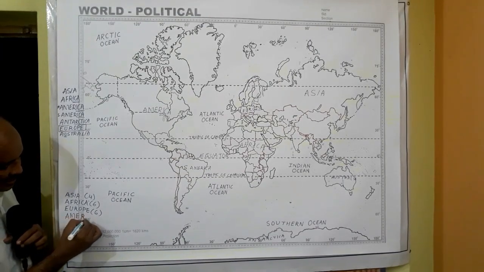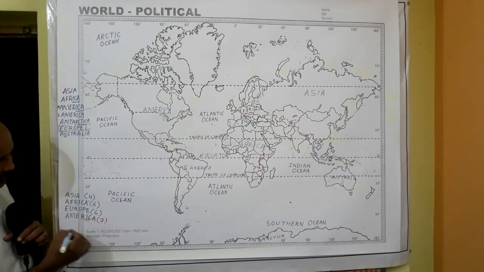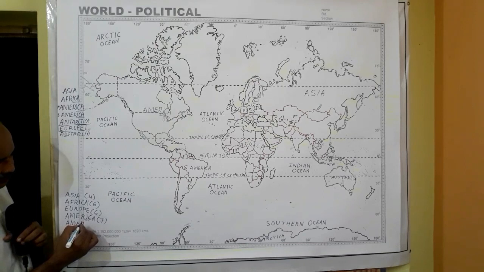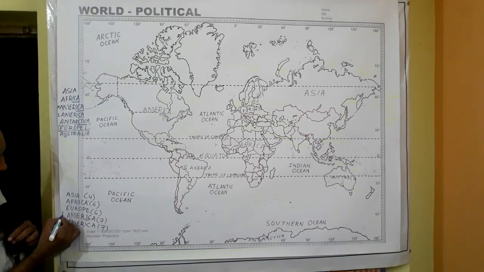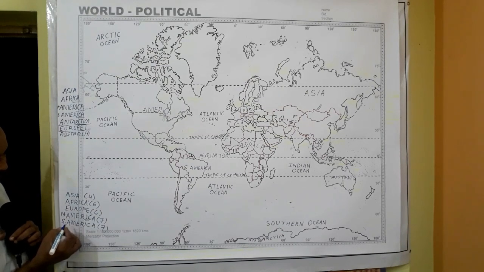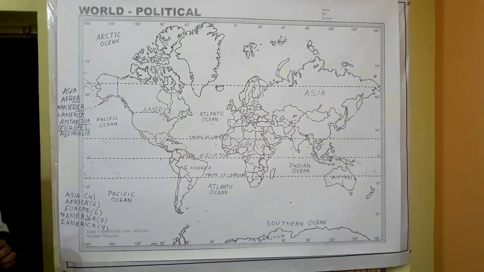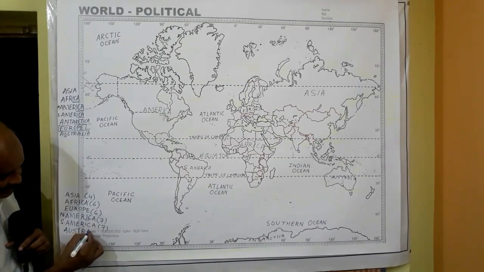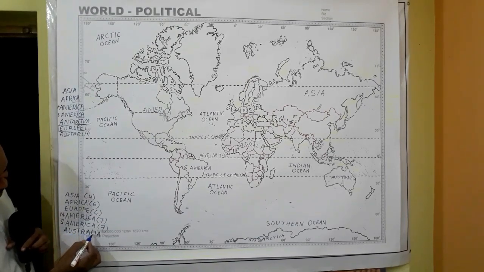Then you need to write America. How many letters? 1, 2, 3, 4, 5, 6, 7. But again we have another America. So which is first? Again the same rule. N comes first, so North America first, then South America. Both North and South contain an equal number of letters. After that you need to go for Australia. 1, 2, 3, 4, 5, 6, 7, 8, 9.